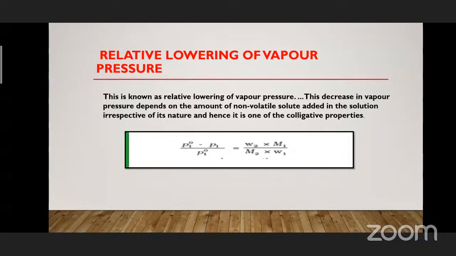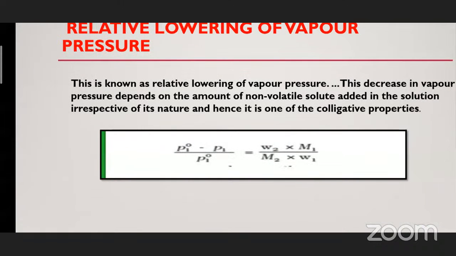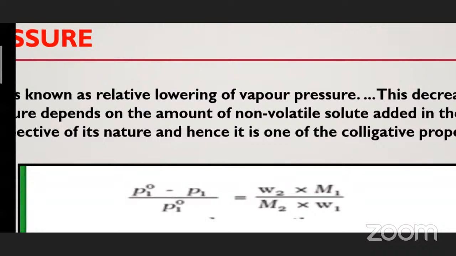See here in this formula, P naught 1 and P1. P naught 1 is the vapor pressure of the pure solvent. P1 is the vapor pressure of the solution. So whenever we are making the